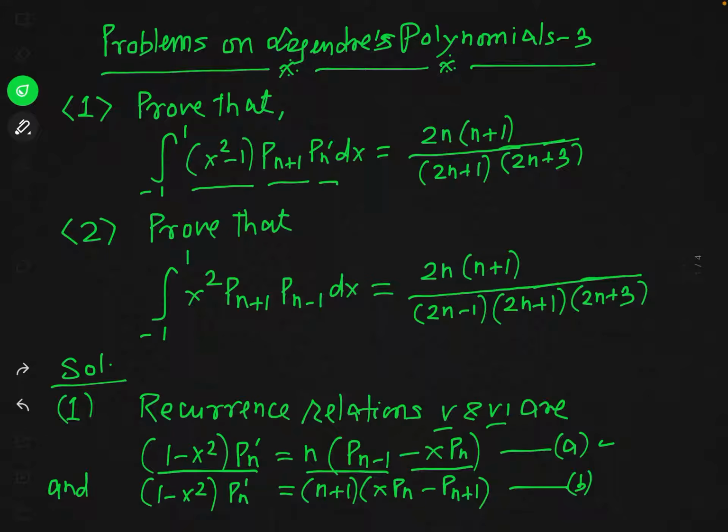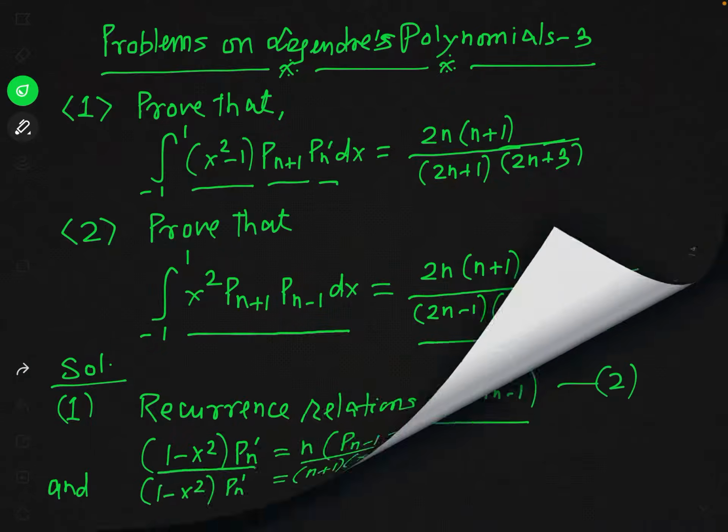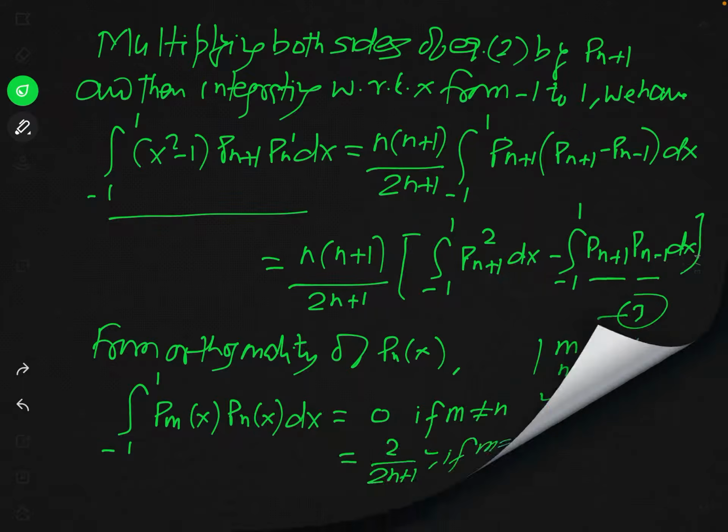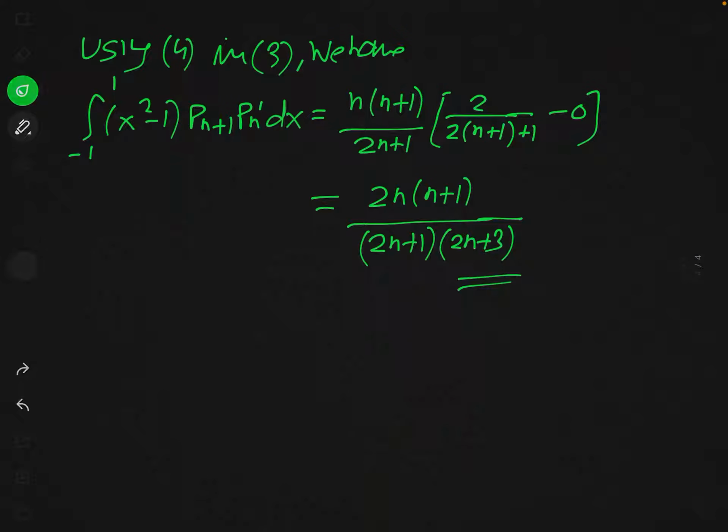I have selected this second problem in this way. This is integral from minus 1 to plus 1 x squared P_{n+1} times P_{n-1} dx, and that is equal to this much. So first of all, I am again rewriting this problem, and then we will solve it. So you can see the second problem is to prove,